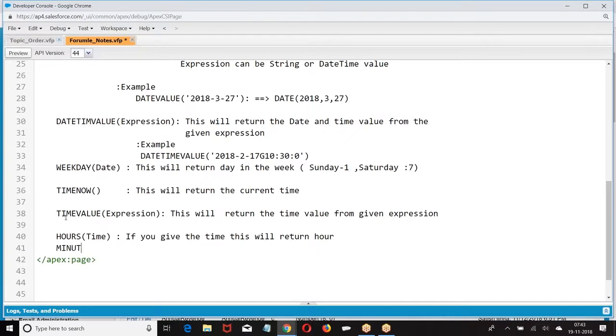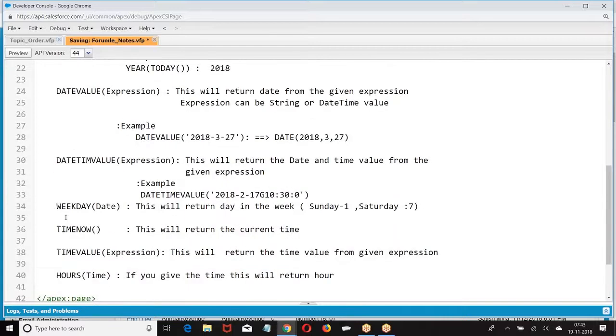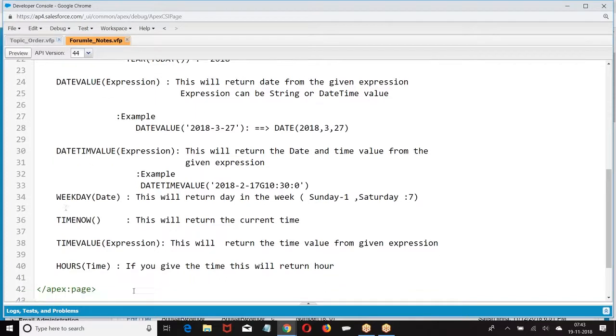Right, rest all the things we can just have it. I just covered few of the functionalities here. Okay. Then similarly, we have other functions.